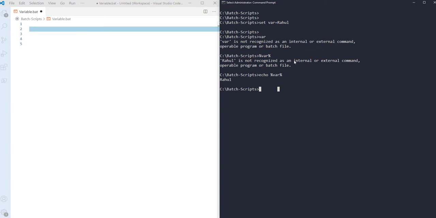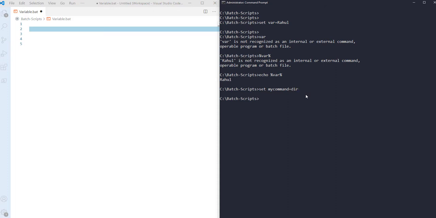So in this case, if you want to store any kind of commandlet or any kind of command inside this variable, you can do that, and you can directly call that variable. So for an example, I'm just using set my command equal to, and I'm using dir.